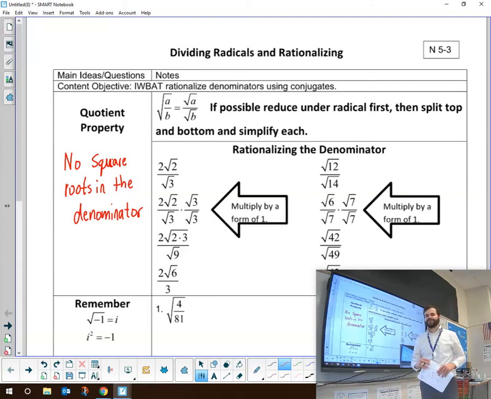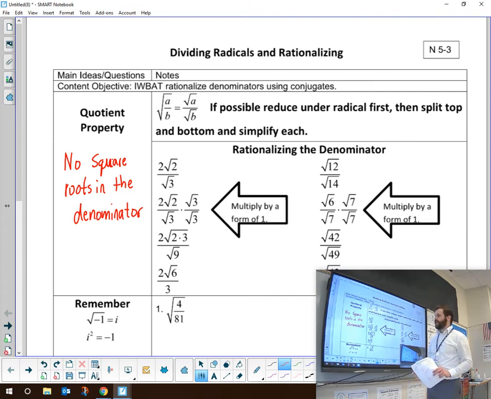Hey guys, today we're talking about dividing radicals and rationalizing. Rationalizing is just a special way for us to simplify square roots inside of fractions. Now I know you might be scared whenever you hear the word fraction, but there's just one big rule that